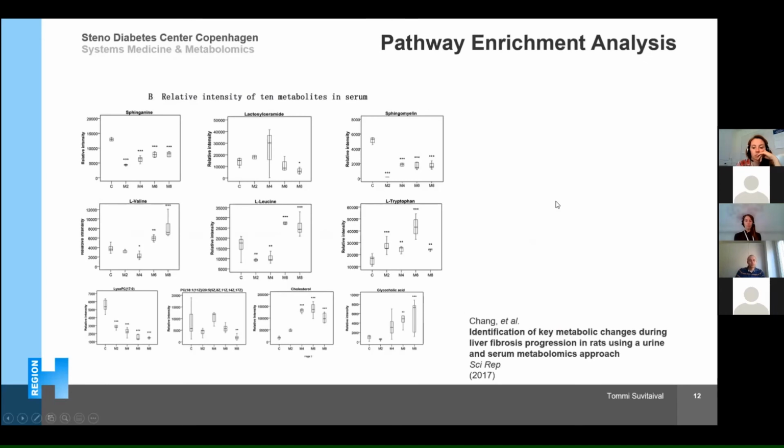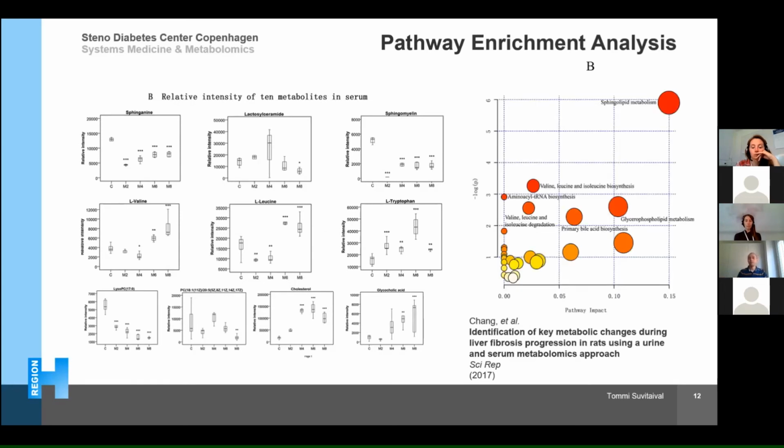So, a brief example: here we had a study on liver fibrosis in rats, where they measured different metabolites after the start of the disease. So we see some changes in the metabolites over time. And when we bring in this pathway information and do the enrichment analysis, we get a result like this, where